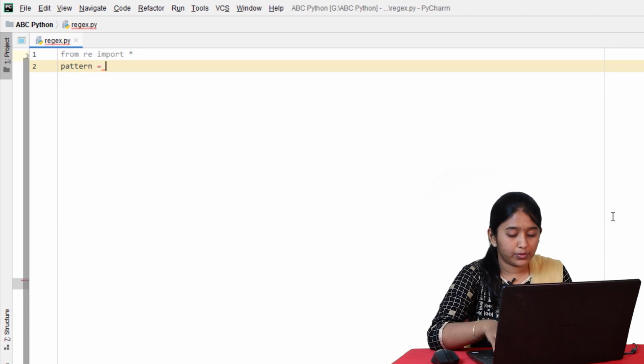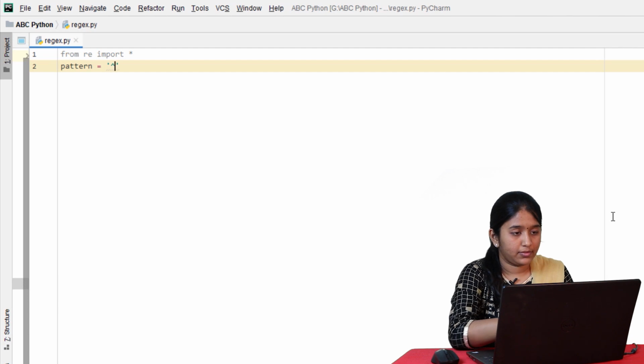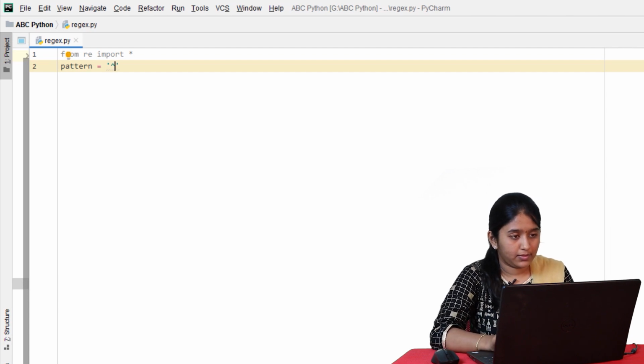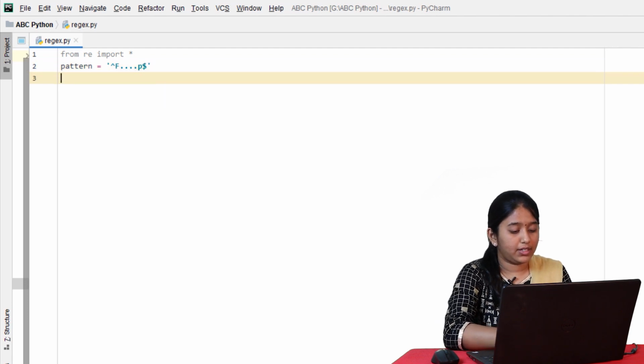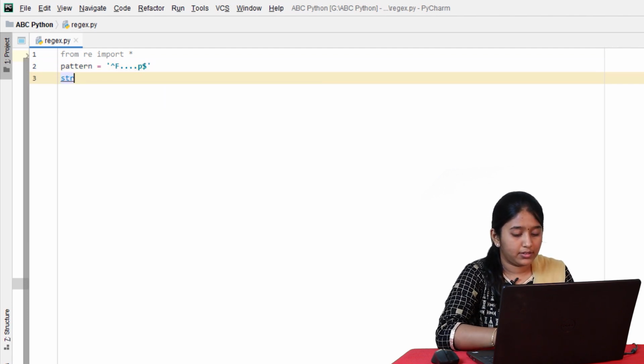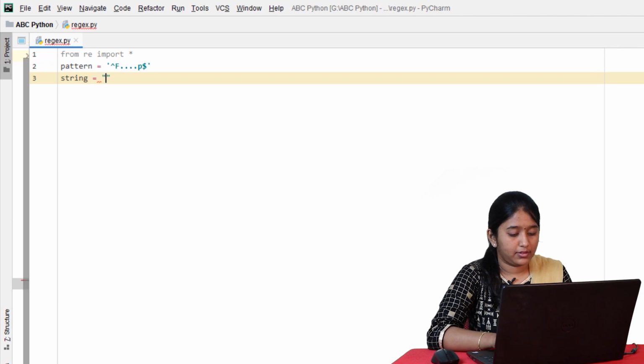Pattern is equal to starts with F and ends with P. And then let's declare a string, face prep.